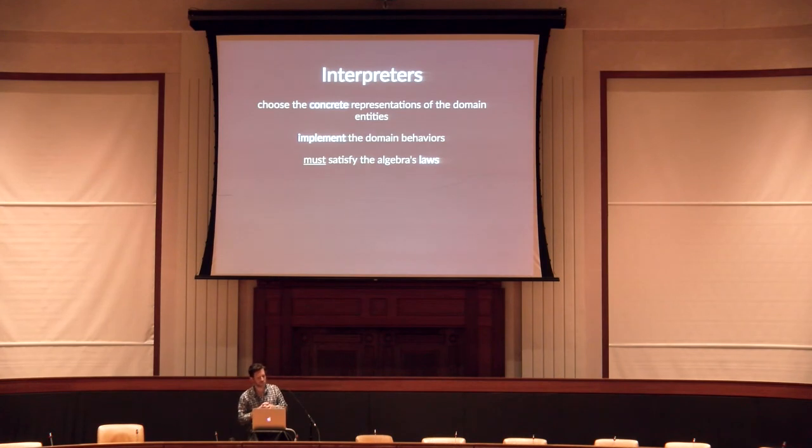So they're just implementations of this abstract thing, and they implement the behaviors of our algebra, and they have to satisfy the laws, because that's our guarantee that our algebra is written correctly. All those together make it really nice. But then, if you squint your eyes a little bit, in your implementation you could use some other algebra. And in fact, we already do. This is where the composition comes in.